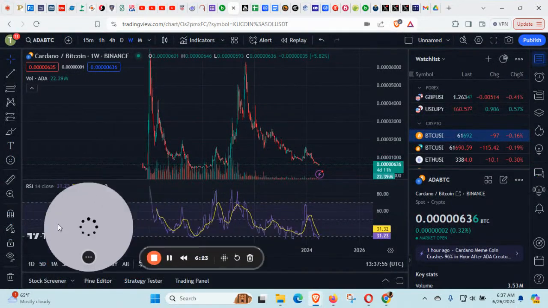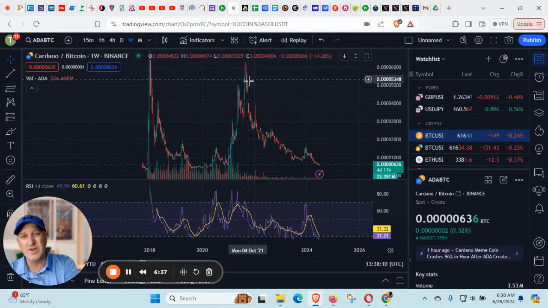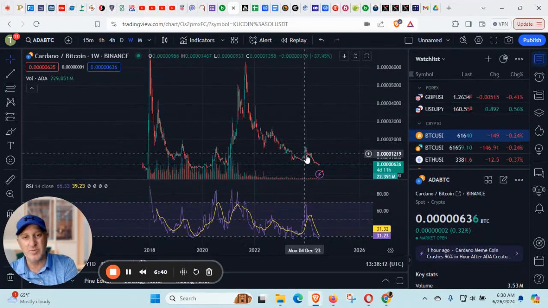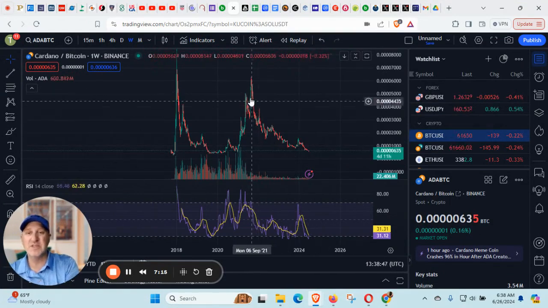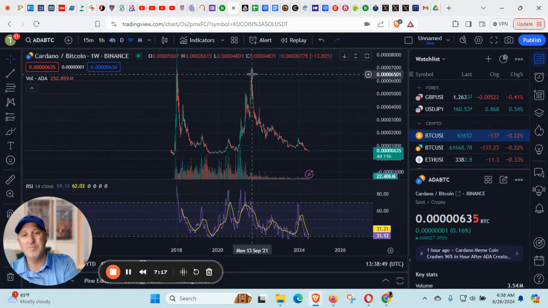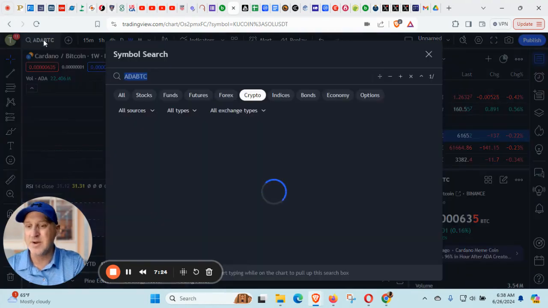All right, here we have Cardano against Bitcoin. So you would have been better to have been in Cardano against Bitcoin until Monday, the 23rd of August, 2021. Since then, if you'd put that Cardano money into Bitcoin, you would have seen incredible profits. In fact, this is Cardano against the Bitcoin price. But when you're looking at this from a long-term investing perspective, if you had held Bitcoin from here all the way down to here, you would have made more money than being in Cardano. So why be in Cardano? Let's look at XRP.